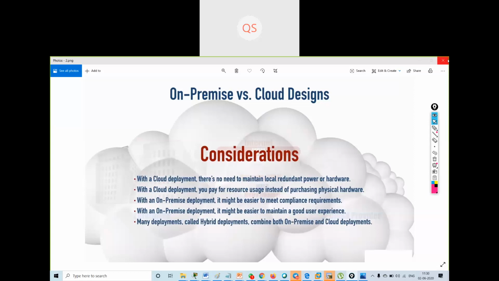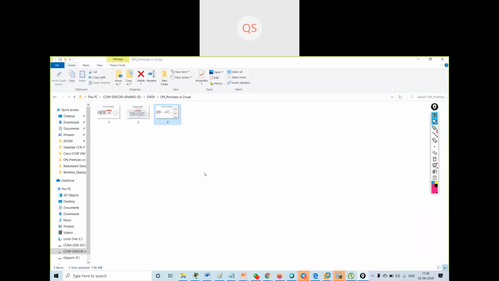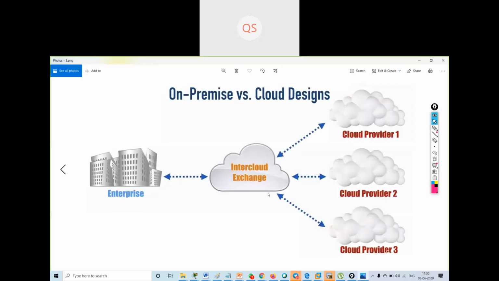Now we can have a redundant cloud provider. Suppose we peer with an intercloud exchange, and the intercloud exchange is peered with all the cloud providers: cloud provider 1, cloud provider 2, cloud provider 3.